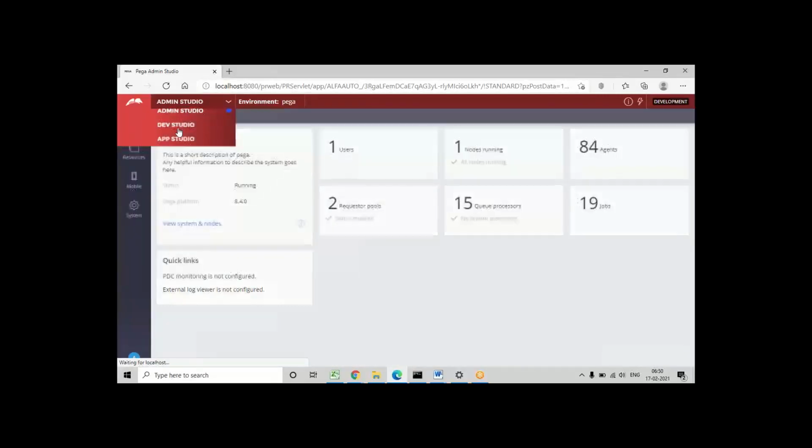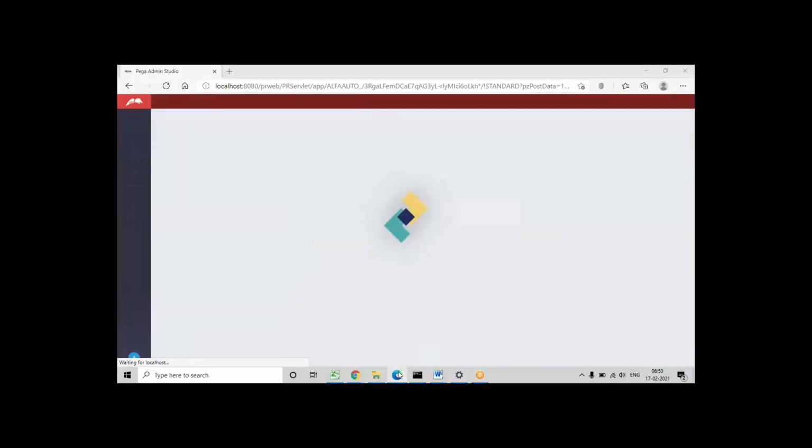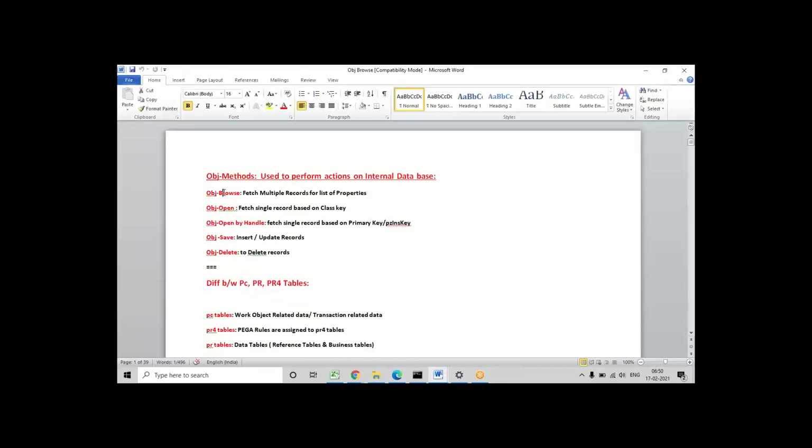So obj browse will only fetch up to the clipboard, and from there we need to map it to the UI page. That process we know, right? Anything we create in the application goes under respective tables: work object data goes under PC tables, any data tables you create will map under PR tables, and any Pega rules you create will map under PR4 tables.